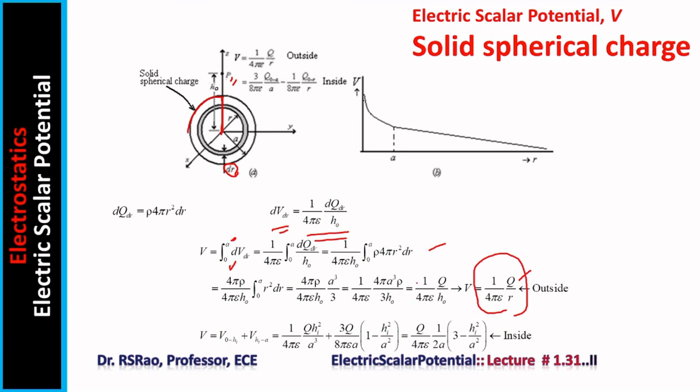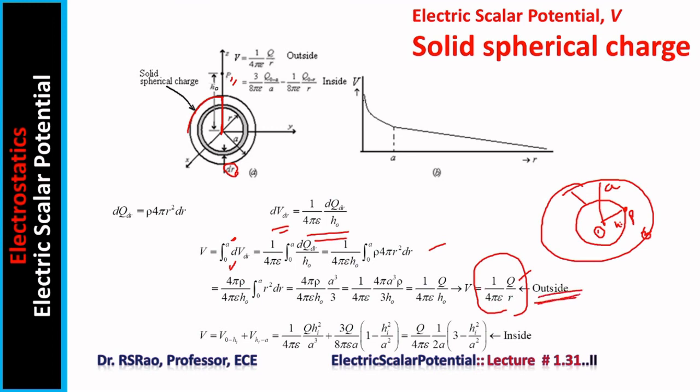Now, when the point is inside, let us say this is the charge distribution and your point is inside. Now, the field point is inside. We can divide the total charge distribution into two: one within a radius of hi, another in between hi and a. This is a, this is hi. Now this point is contributed to potential by two charges. Let us call the inside one 1 and the outside one 2. Both contribute to the potential at point P. Now the potential at P due to charge distribution 1, we already have this expression. It is the same as V equal to 1 by 4 pi epsilon Q by R.